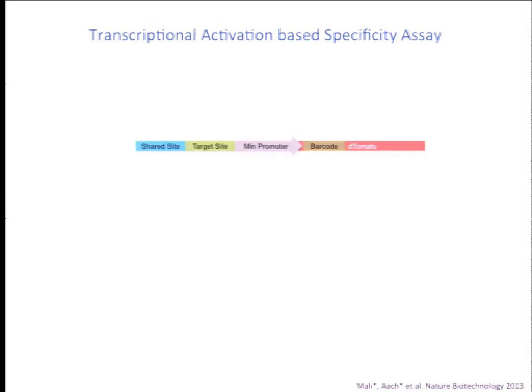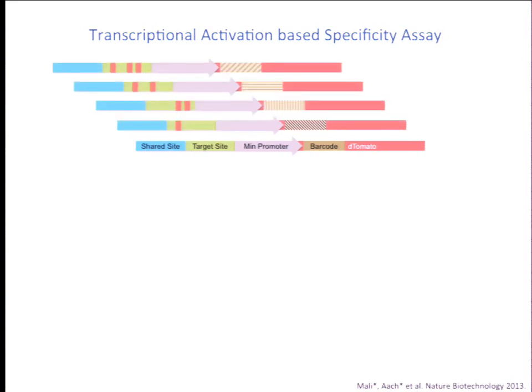And again, looking at the reporter that I had described earlier, what we did was, instead of using a single reporter, we made a library of reporters, with the key aspect that in front of the minimal promoter, which drives your fluorescent protein of interest, we also inserted about a 24 base pair barcode that was unique among every element of the library. And upstream of the minimal promoter is your corresponding target site that you wish to interrogate, but we also made a library of mutants corresponding to the target site. So there was a library of reporters where every particular mutation in the target site was associated with a unique barcode in your fluorescent protein of interest.